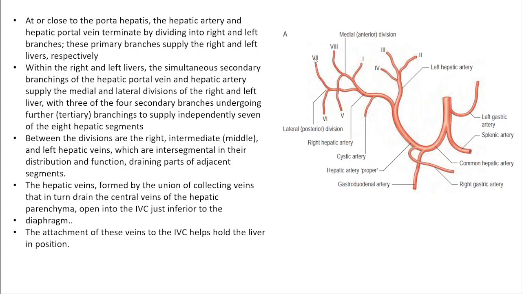However, what can happen is that in 10 to 30% of people, the origin of the left and the right hepatic arteries might be different. So if any artery arises from a source which is not the most common source, then it is called a replaced artery or an aberrant artery. So the left hepatic artery might come from the left gastric artery in 10 to 30% of people, and the right hepatic artery might come from the second ventral branch of the abdominal aorta, which is the superior mesenteric artery.